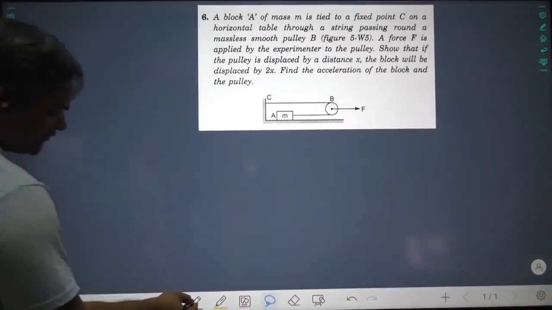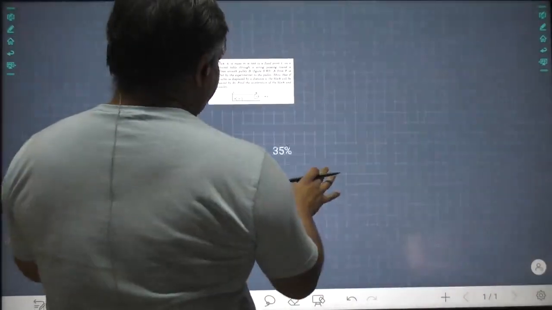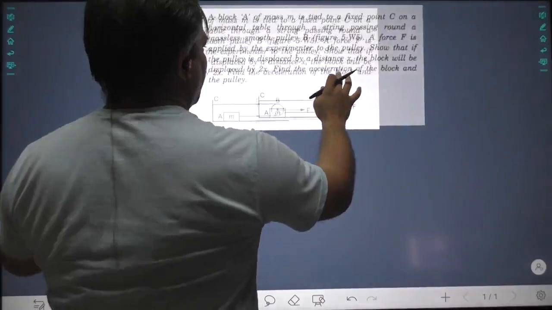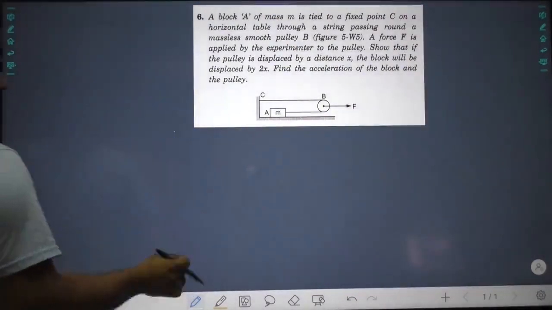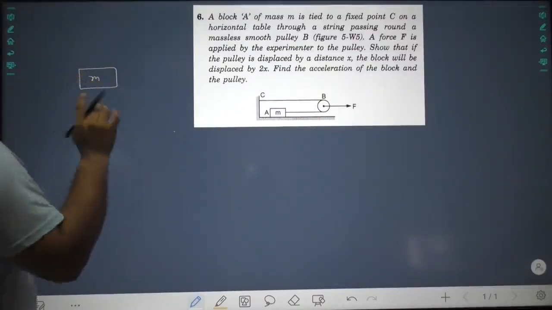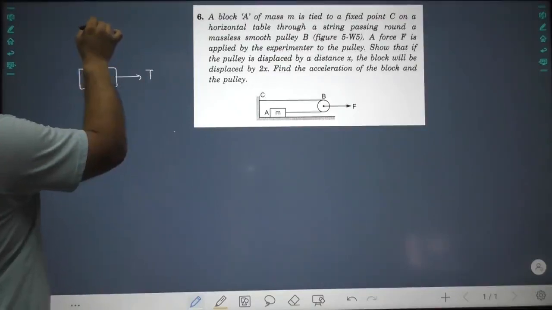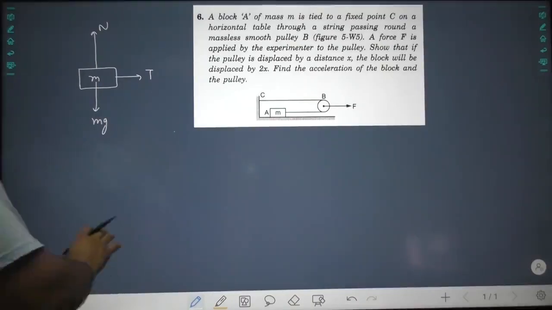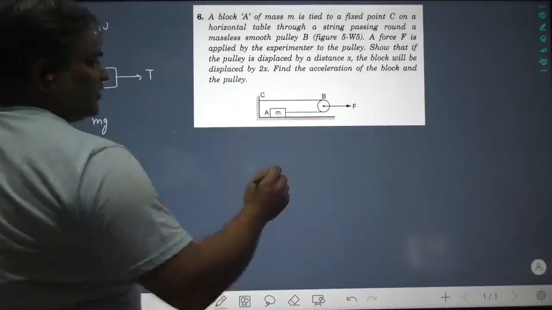So let us make the free body diagram of this M. If I make the free body diagram of this M, what am I going to get, my dear students? Just a second, let me fix the size part. Yes, let us see now. For M the free body diagram will look like this. I am only drawing the forces. The tension will be pulling it this way, the normal reaction upward, and mg downwards. This is the free body diagram giving you all the forces. Presently I have not written down any acceleration. Now there is a force F.